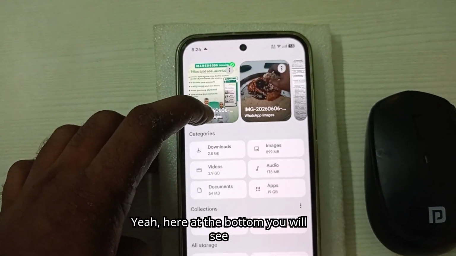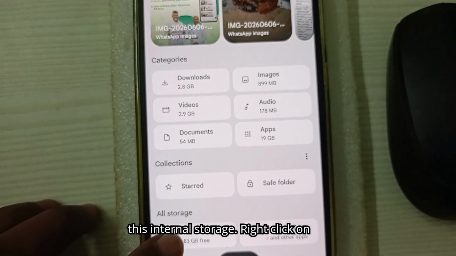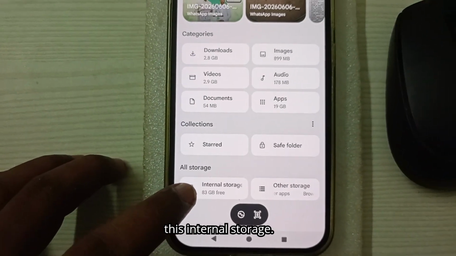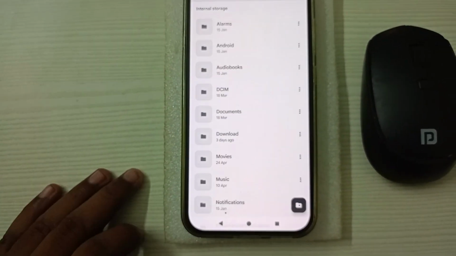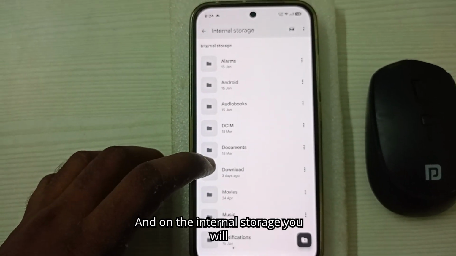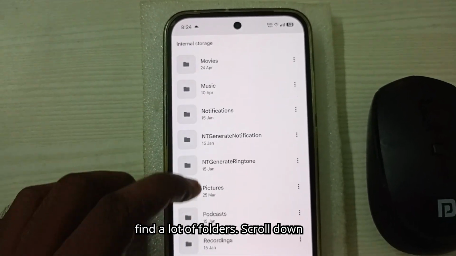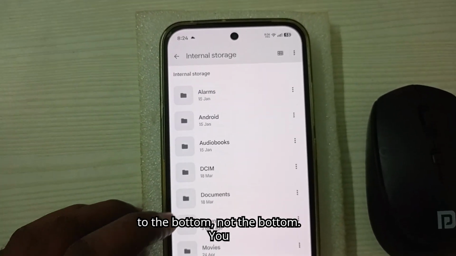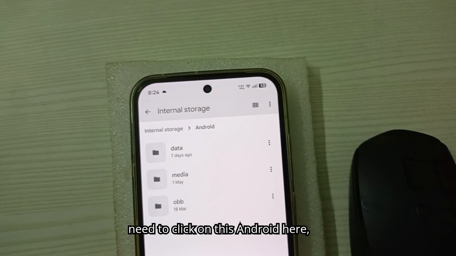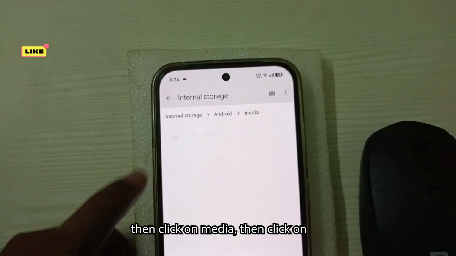Here at the bottom you will see this internal storage, right? Click on this internal storage, and on the internal storage you will find a lot of folders. You need to click on this Android here, then click on media,